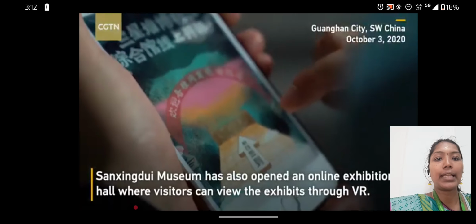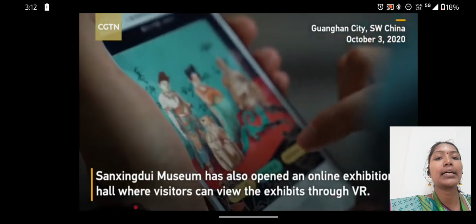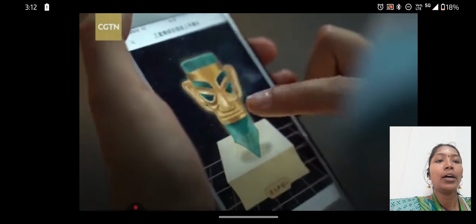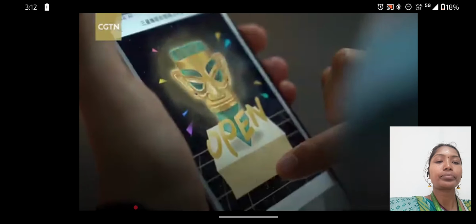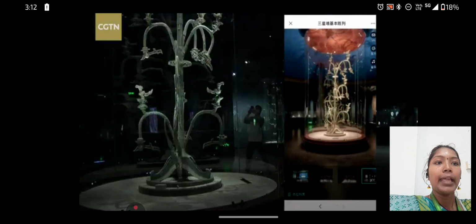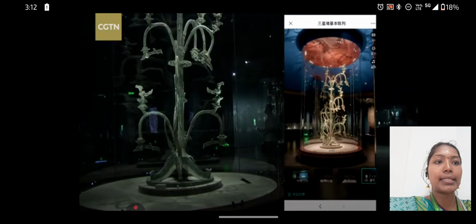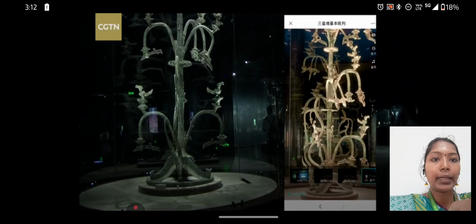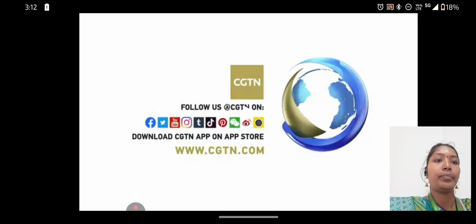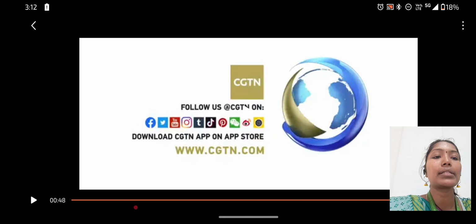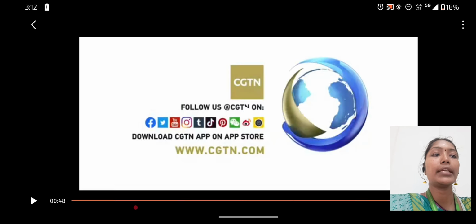When they started with the Zanzibar Museum, they also opened another one. From then onwards, it could be seen through these AR glasses and represented in this way. So it feels very realistic how it is presented. Next we are going to see about